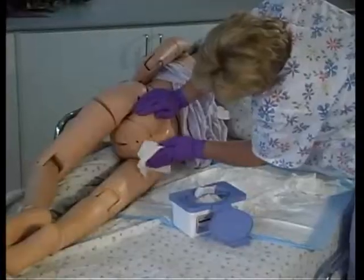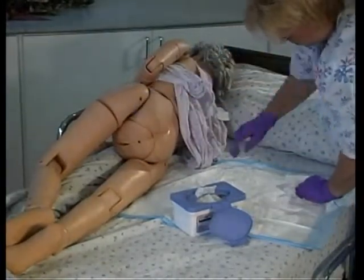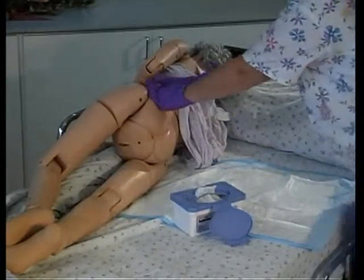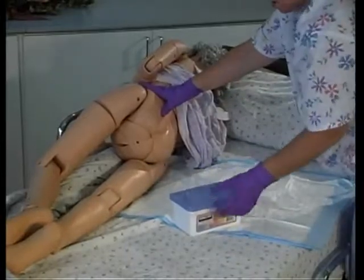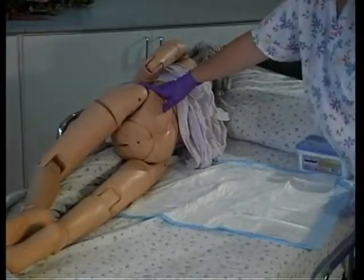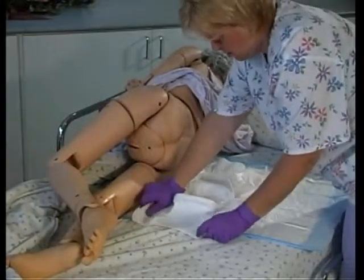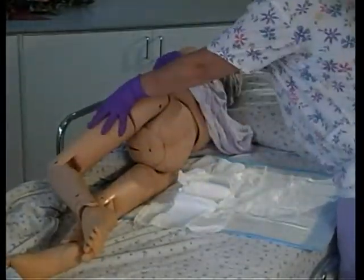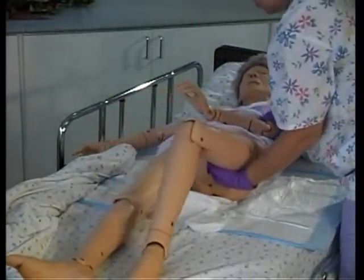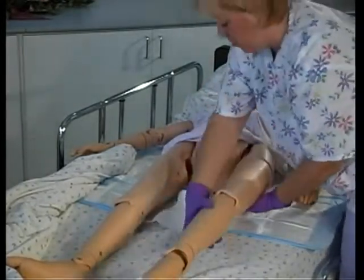Wipe with a towelette and put it in your disposal area. Take another towelette and continue wiping until the skin is nice and clean. You may need to gently pull up on the buttocks with one hand, opening the cheeks of the buttocks so that the rectal area can be cleansed appropriately. You may then allow the resident to turn onto their back once a fresh brief has been placed underneath the resident. It is often easier to place the fresh brief under the resident before allowing them to turn back on